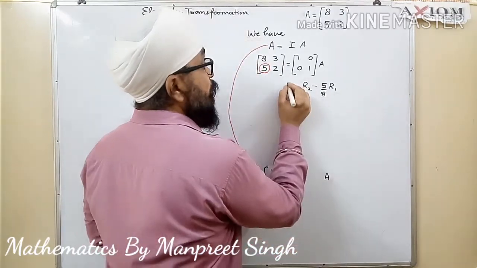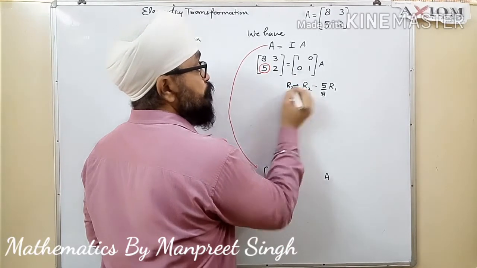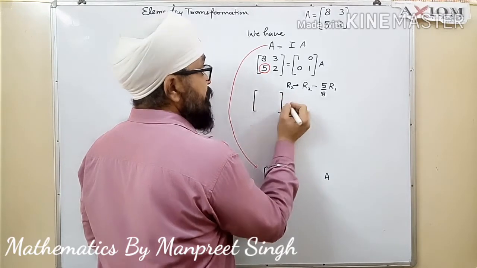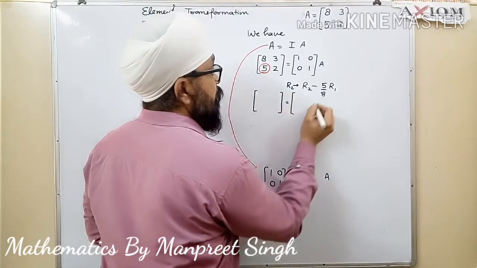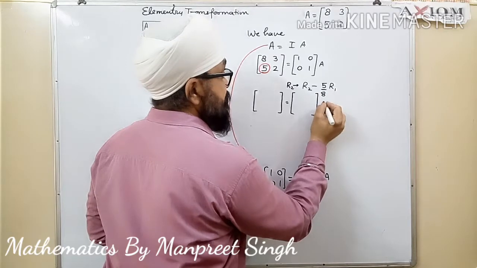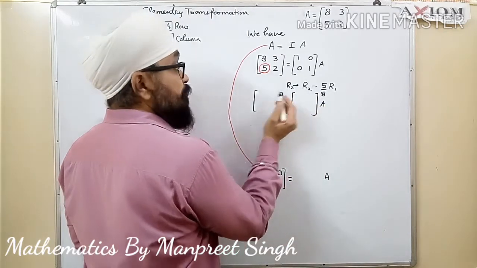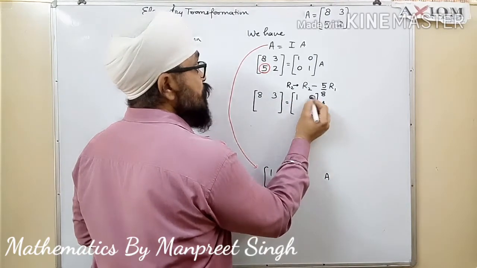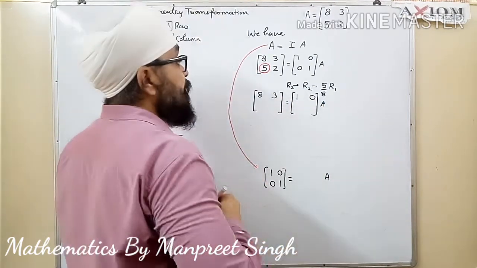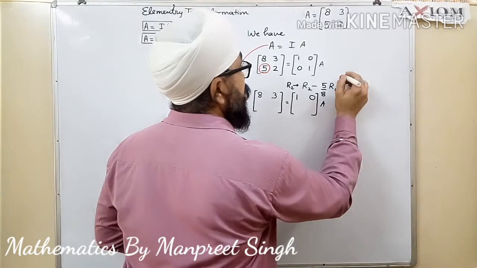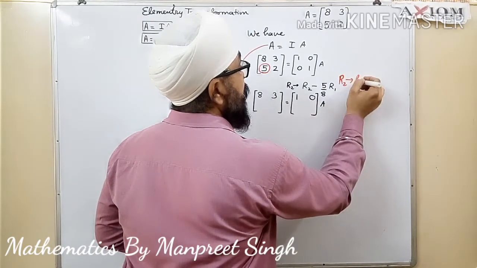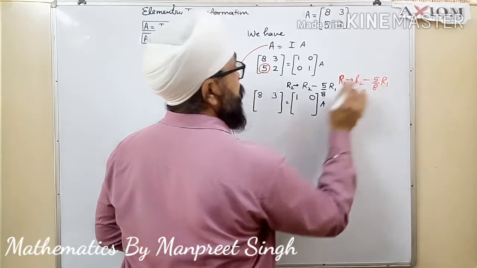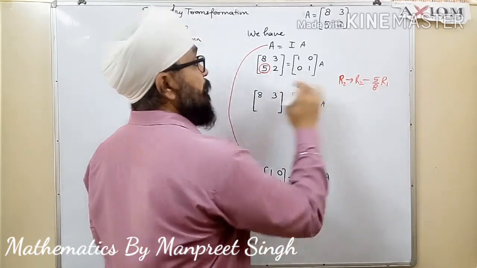तो मैं यहां पे रो 2 पे ये ऑपरेशन लगा रहा हूं. तो इससे क्या होगा, आई एम मेकिंग दिस वन इन द सेम वे. लुक एट दिस, इसमें सेकेंड रो चेंज हुई है, फर्स्ट रो को तो कुछ नहीं किया, तो 8 3 1 0 ये हो गया अपने पास. अब ये ऑपरेशन, मैं इस ऑपरेशन को यहां साइड में लिख देता हूं. R2 में हमने क्या किया, R2 माइनस 5/8 टाइम्स R1, ये ऑपरेशन हम लोग अप्लाई करने वाले हैं.